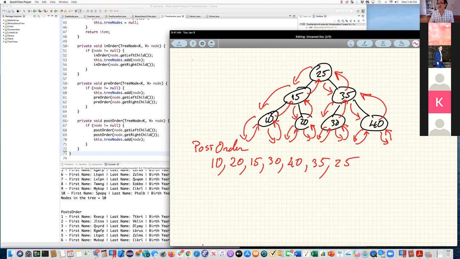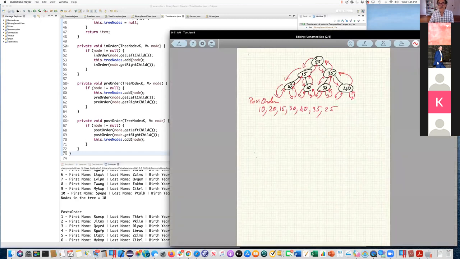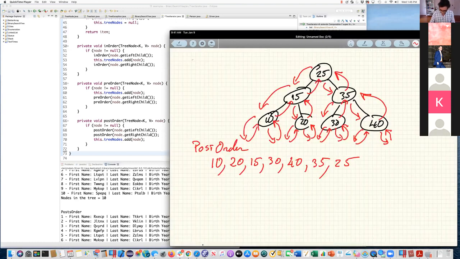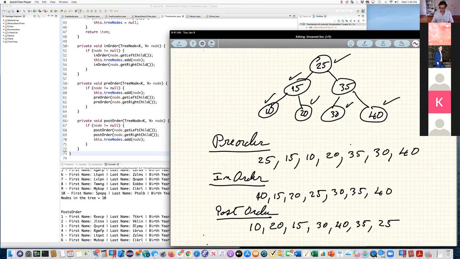Okay. So the next question that I have is, can you see the fact that if I have a binary search tree and I traverse it in order, the nodes come out sorted? In order means they are coming out in the proper key order.